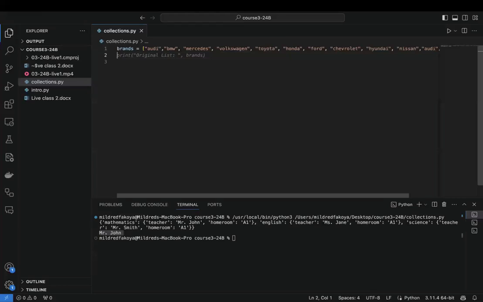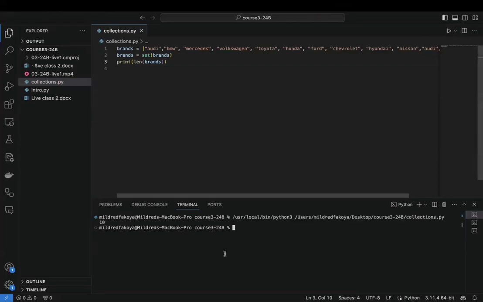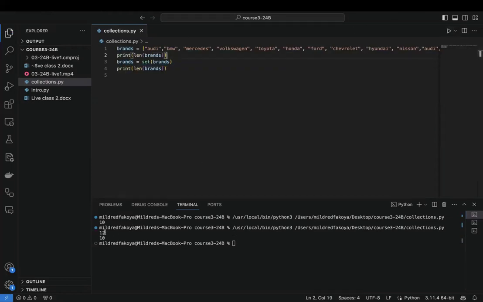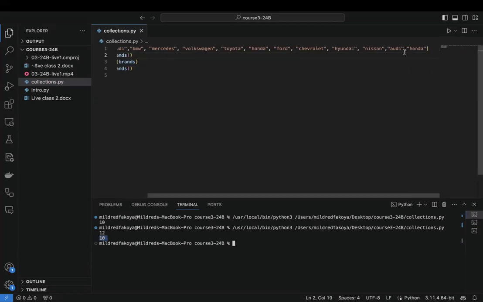So we can say brand is equal to set brand, and then we'll print len brand. So now we know exactly the number of unique cars that we have, because all we need to do is convert it to a set, and we say 10. But if I print the length of brands before this, we don't have 10 items. But we have 10 unique items. So we have 12 items, and 10 of them are unique, because I added Audi and Honda twice. So it took out the